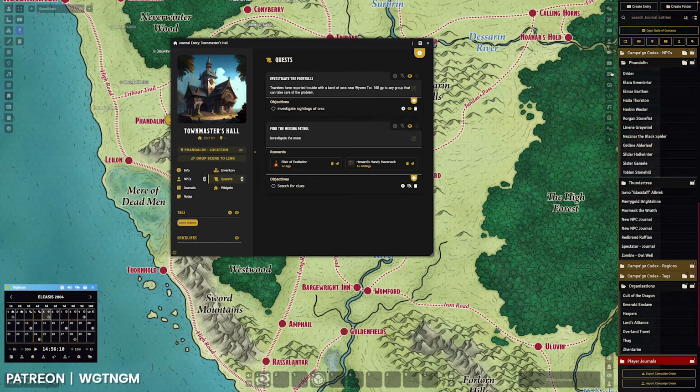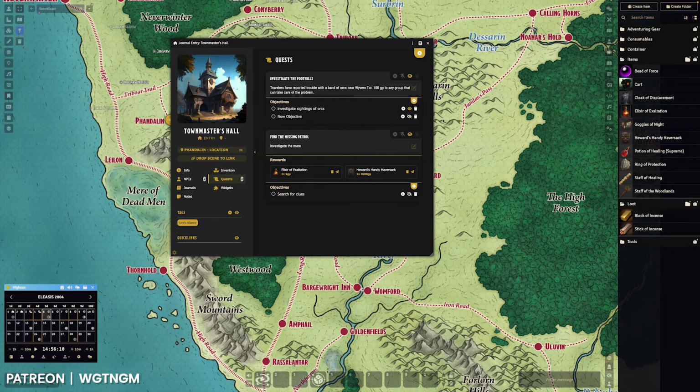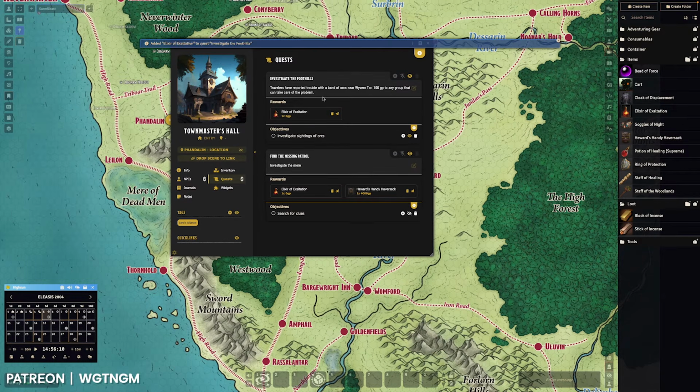I've added a couple of things into it already, but you can just add it by pressing this plus button, and you can edit the title, edit the text within it. You can add objectives, remove them. You can also reorder them. You can drag and drop items on to create rewards for the quests, and